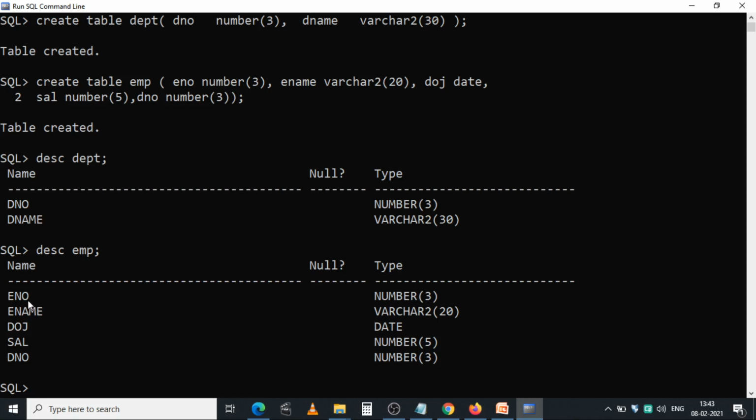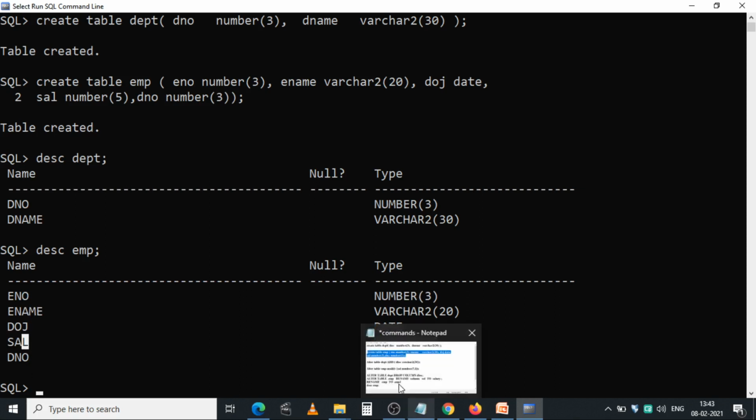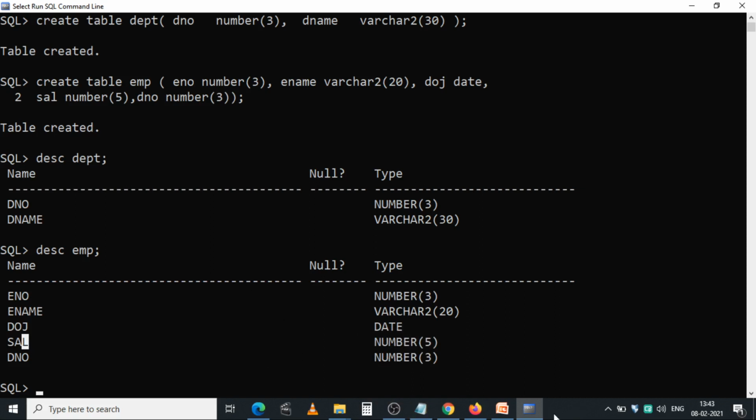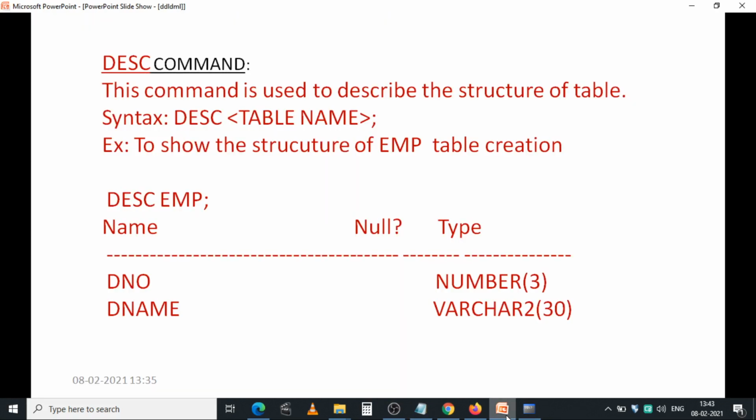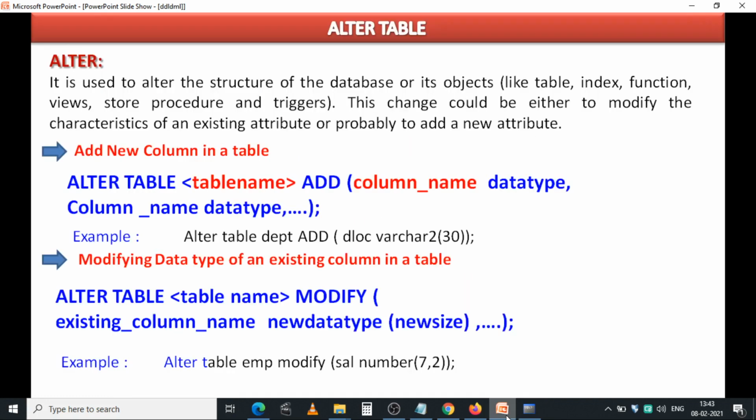In the employee table, how many columns are there? 1, 2, 3, 4, 5. 5 columns are there with corresponding data types. This is how we are creating a table in the SQL environment practically, and coming to the next command, alter table.